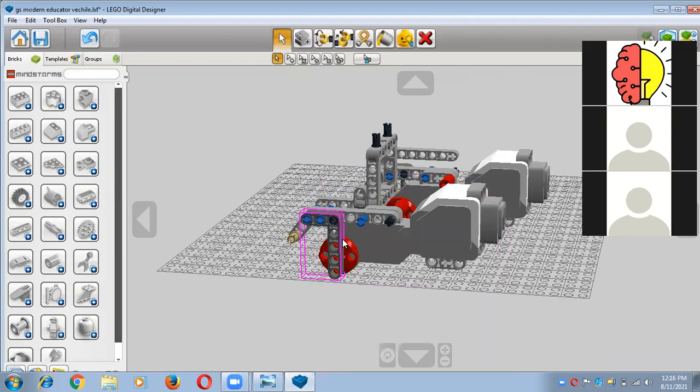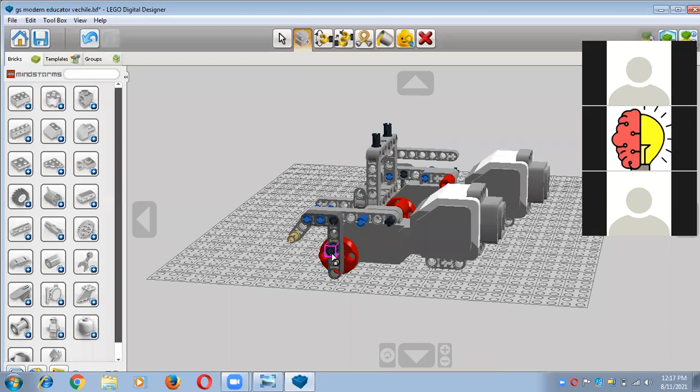Now in the next step you need the most important part, that is the black color connector peg. So you can take it from here by the help of cloning. Just click on that, and now just click on this connector peg, and now you have to set it where you want to set it, right? Like this. And now I want one more connector peg, students. I want one more. So just do clone, and after that you will click on this, and now you will put it here in this way. Correct?